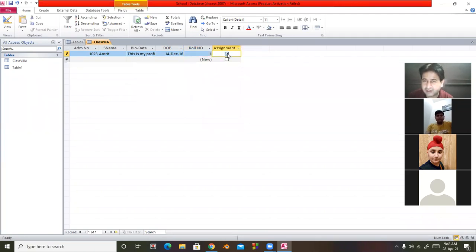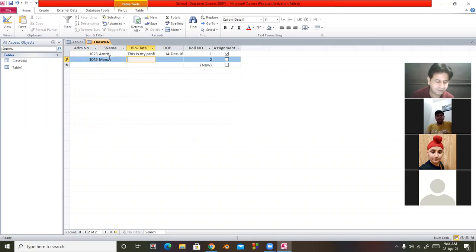If I tick here, it means yes. Then I press the tab key and a new record will be inserted. I type 1045. Look, in roll number 2 is automatically inserted. Then use the tab key, then biodata, then date of birth.